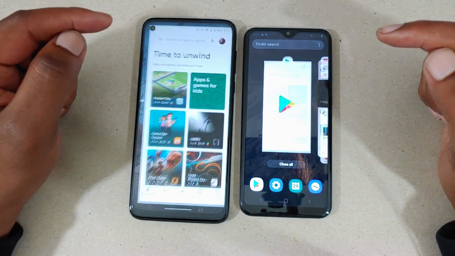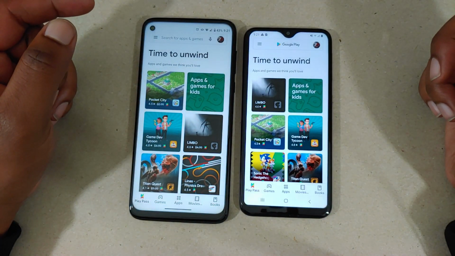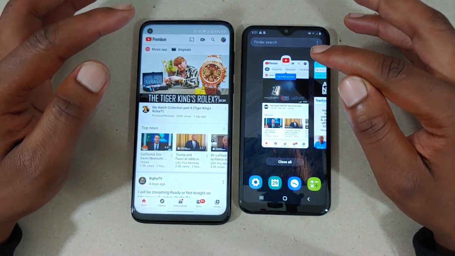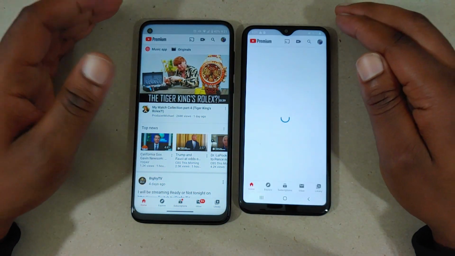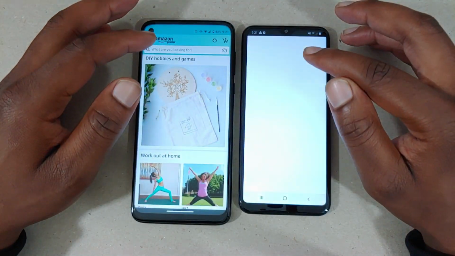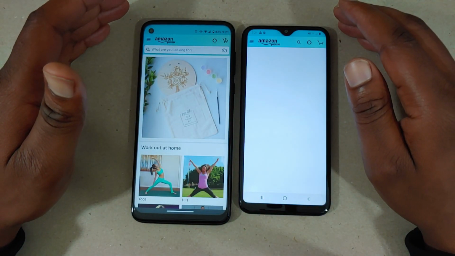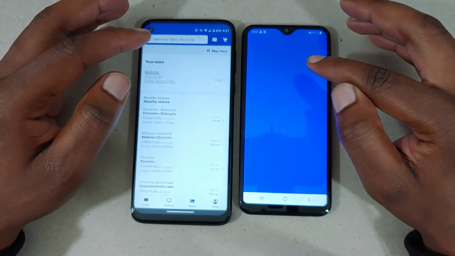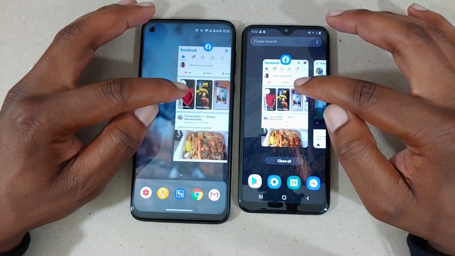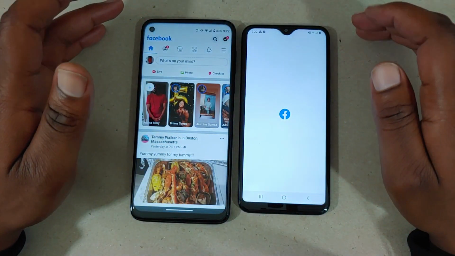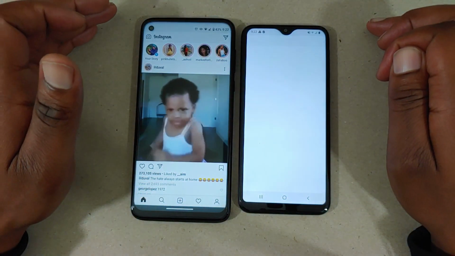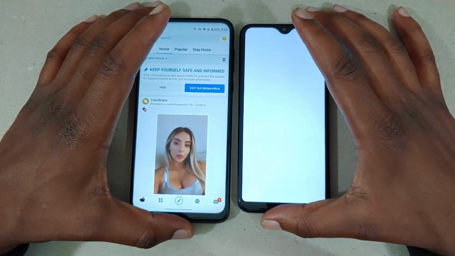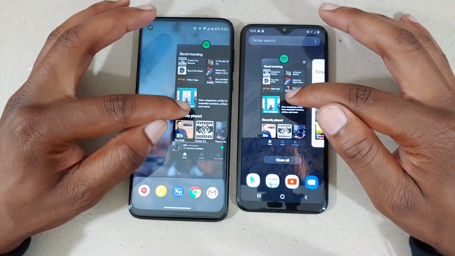Play Store, held by the G Power. YouTube, held by the G Power. Amazon, held by the G Power. Best Buy, held by the G Power. Facebook, held by the G Power. Instagram, held by the G Power. Reddit, held by the G Power. And Spotify,